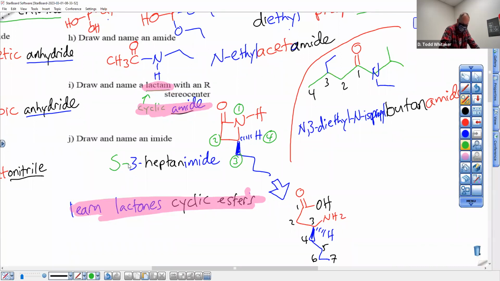Normally, sticking off a ring, you're thinking about a group, but that's not how you name these lactones and lactams. They're named after the parents, where there was no ring. Okay, that's the parent. Has to be a carboxylic acid to be the parent, right? Okay, S-3-heptanamide. You can also call it